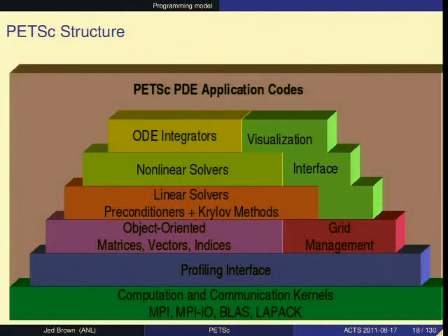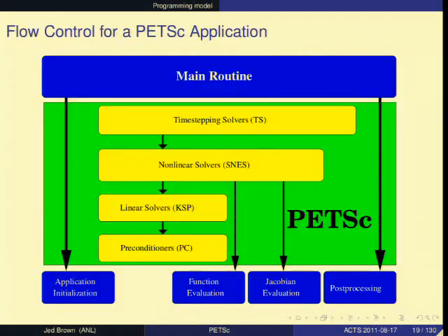Okay, so PETSc has a bunch of components that build on the basic MPI stack, and there's profiling throughout because, well, every machine or most machines have some kind of profiling infrastructure, but often it's heavyweight, and it tends to be different between machines. So we have a consistent way to get the information we wanted about performance. And then we have the base linear algebra and grid management, and then various solvers built on.